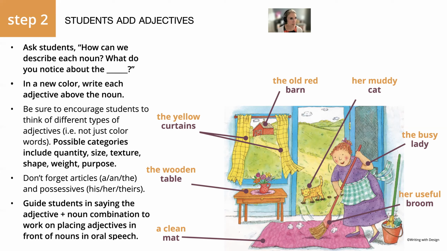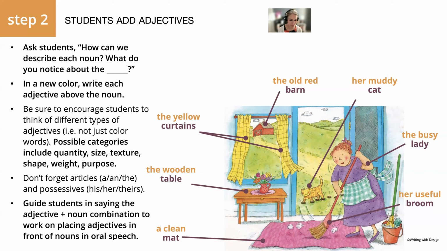So at the end of day 2, when we're working on adjectives, we're going to go around and read all of the phrases because we want to put our adjectives and nouns together. And notice that we have our adjectives in front of the nouns, which is also a new habit for our brains and our writing. So let's go around and practice these. I'll say it, and I'd like you to repeat it after me. The yellow curtains, the wooden table, a clean mat, the old red barn, her muddy cat, the busy lady, her